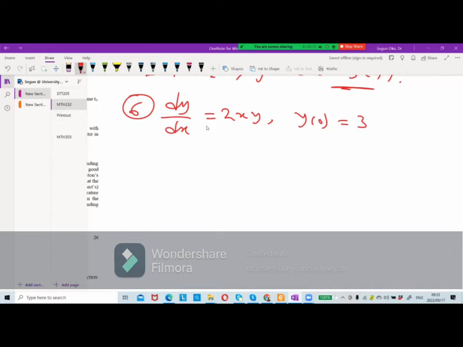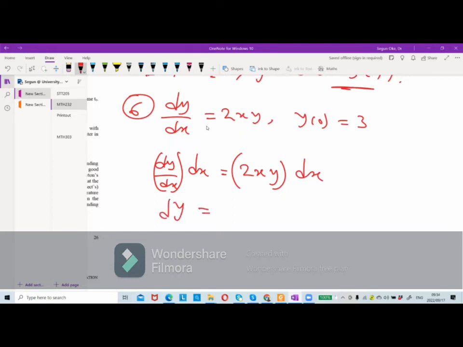So when you multiply again, this is another form. dy/dx equals 2xy, so dy equals 2xy dx. Then divide through by,